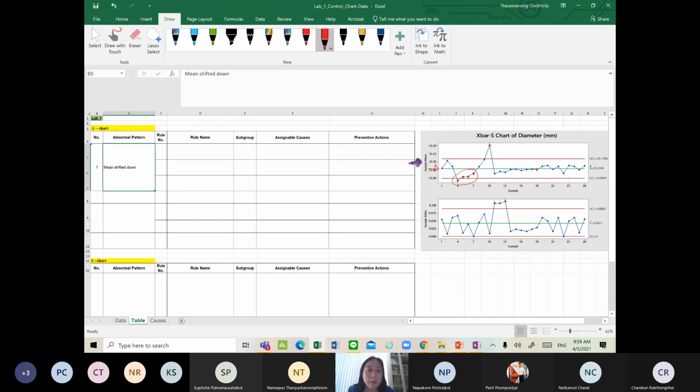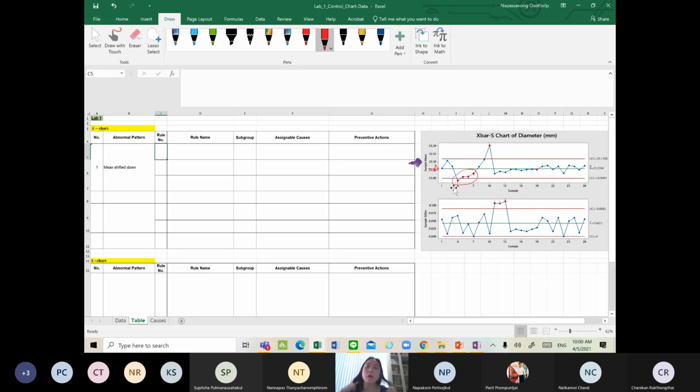Okay, and to be able to say that, you have to have evidence, or the rules name that it violates. So there are 3 lines here, right? Actually, it's a clue that there are 3 rules that together help you make this conclusion that the mean shifted down. So if you click on each subgroup, you can find out the rule number that each of the 4 points